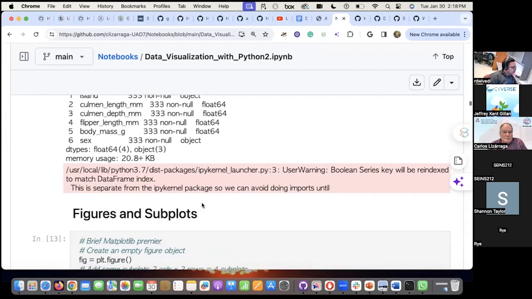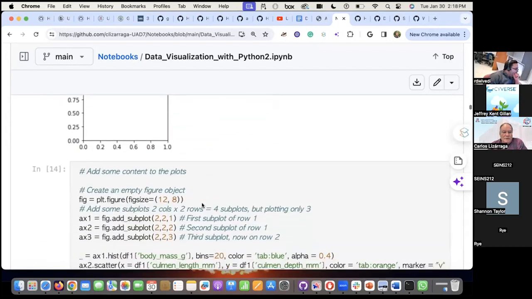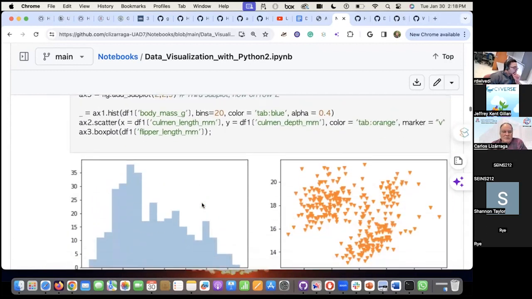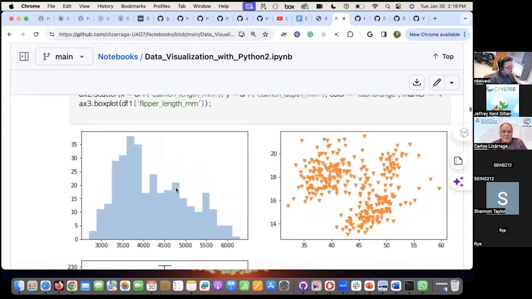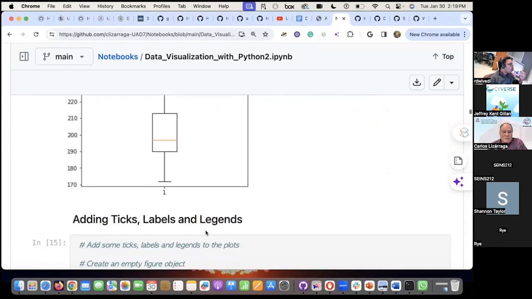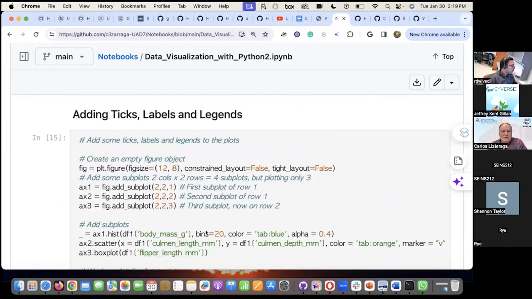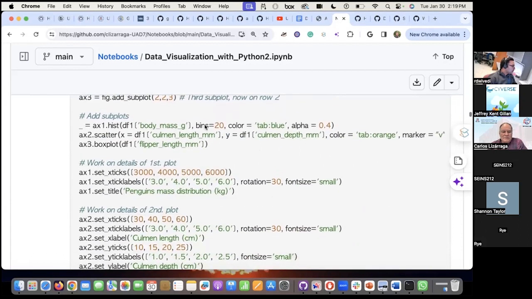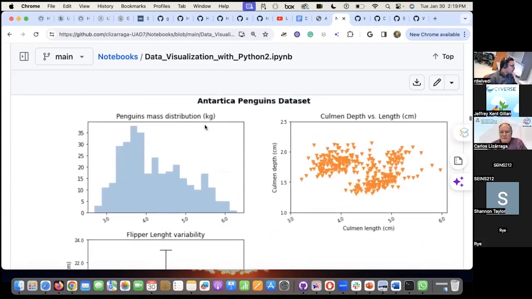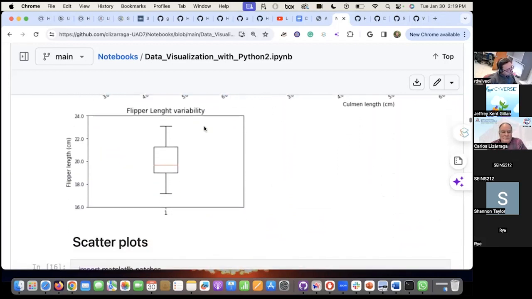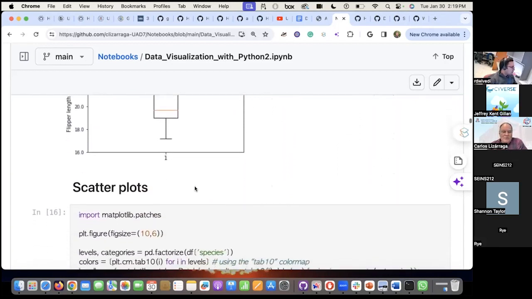And going forward very fast, this is the type of plots I can do, several plots of different types. So I have a bar plot, I have scatter plot, and I have a box plot. And I can add ticks, labels, and legends to the plot. So I end up with something like this. Okay. So my purpose is just to show you how things are done with basic Python, and then we will jump